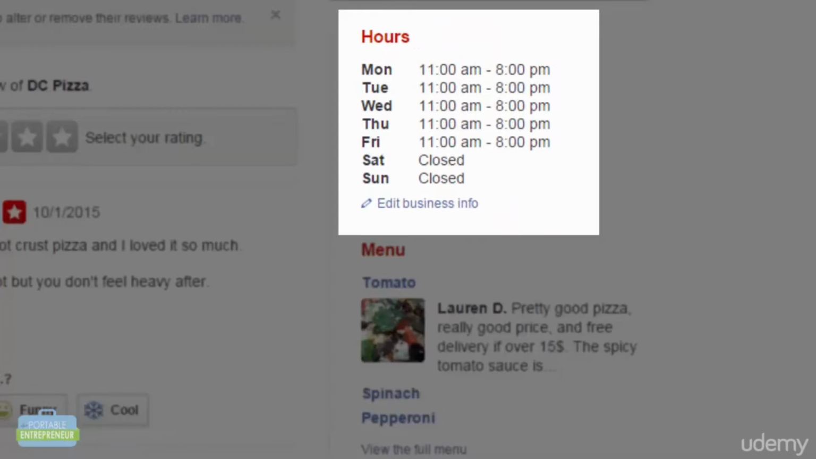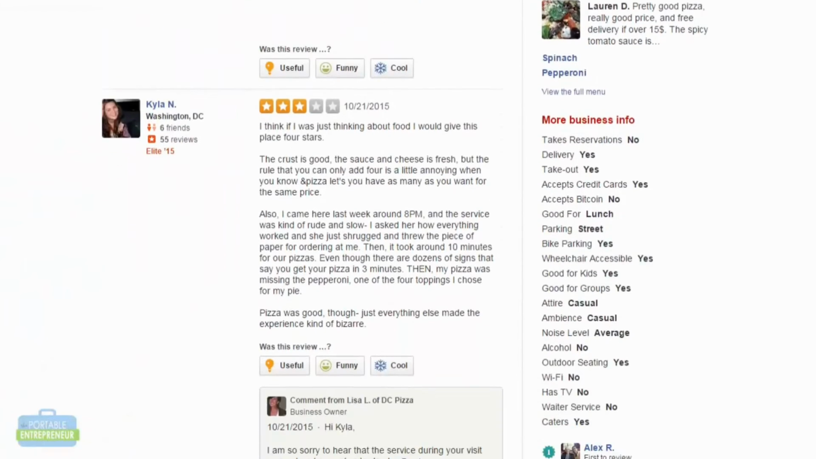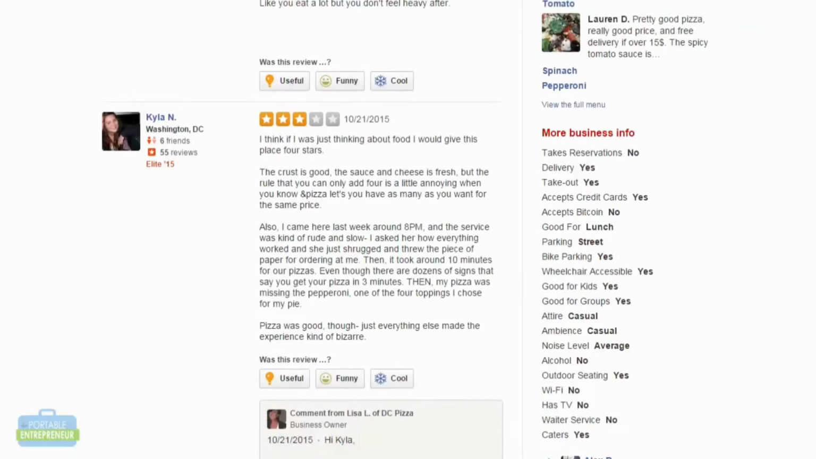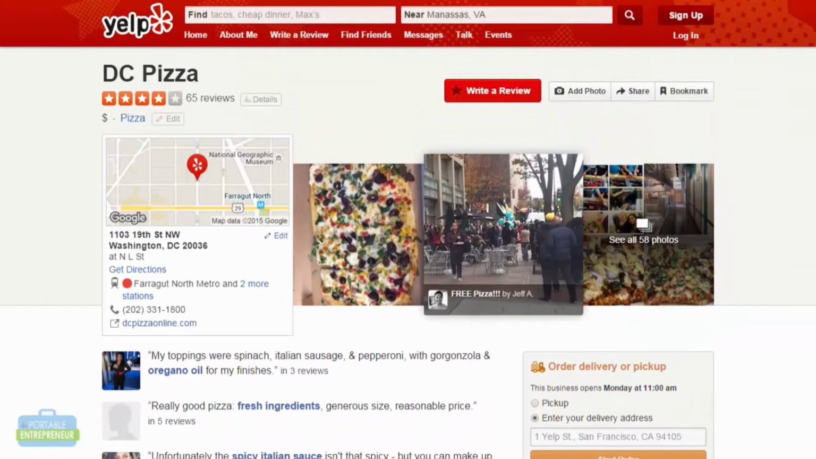Here we'll see that they have their business hours listed, and then below they'll have some additional business information. This one is mostly specific to restaurants, about taking reservations, if they do delivery. Then they move on to some payment information and so on. Now, a lot of the information that they include here is something that you would also want to include on